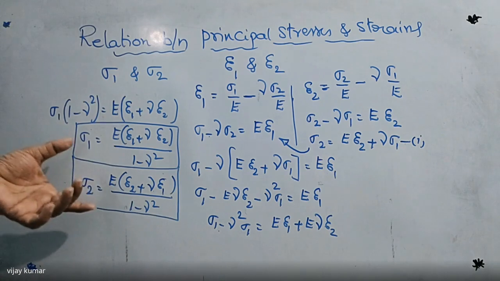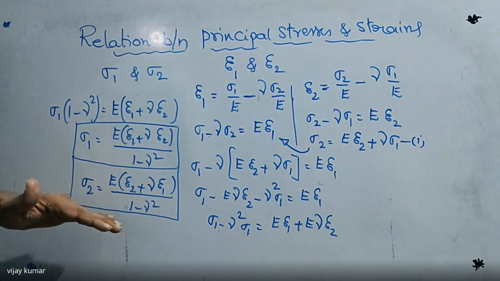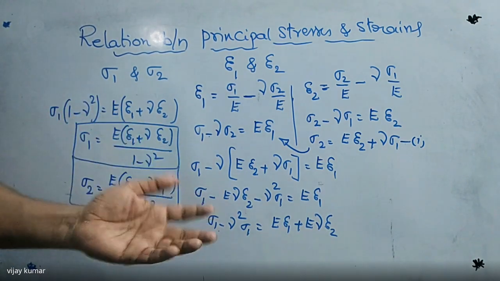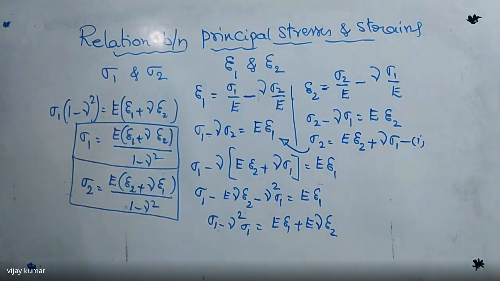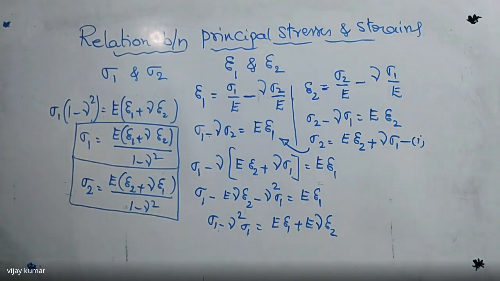So these are the two formulas in a two-dimensional state of stress. In the same way we can write sigma 1, sigma 2, sigma 3 in terms of epsilon 1, epsilon 2 and epsilon 3 in a three-dimensional state of stress also. But from the GATE point of view, that is not important, but up to two-dimensional is important. That is the plane stresses. It is two-dimensional. So we have to remember how to write the relation between the principal stresses and the principal strains in a two-dimensional state of stress.